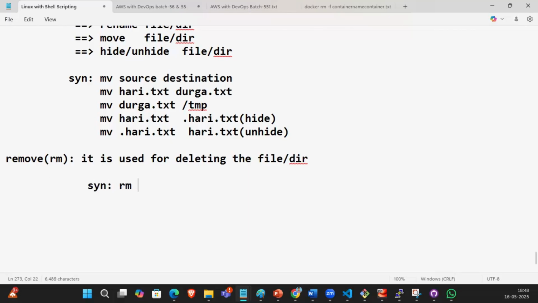Syntax is rm options file. What are the options, guys? The options are: hyphen f is nothing but force, forcefully. Hyphen r is nothing but recursive. Okay, so what is the example, guys? Example is rm